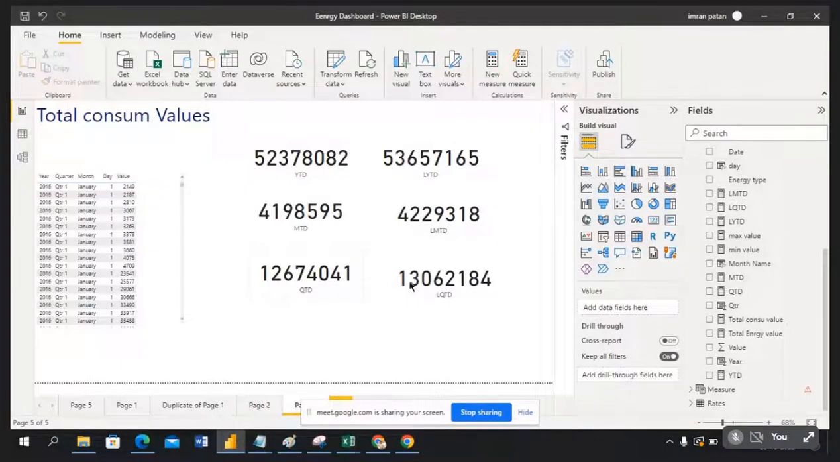So, these are time intelligence. We are working on date functionality. By taking the date, we are getting year to date, last year to date, month to date, last month to date, quarter to date, last quarter to date. With a reference of this, you can do so many calculations. Now